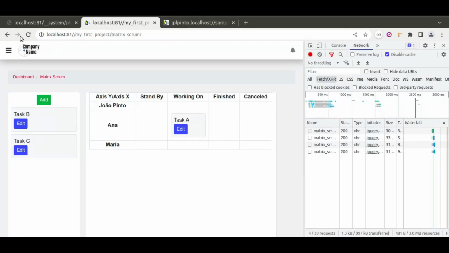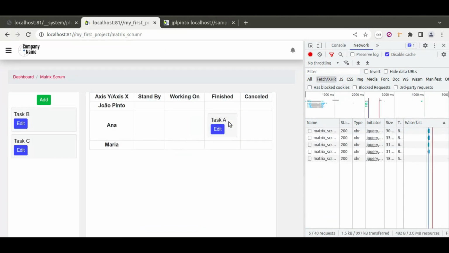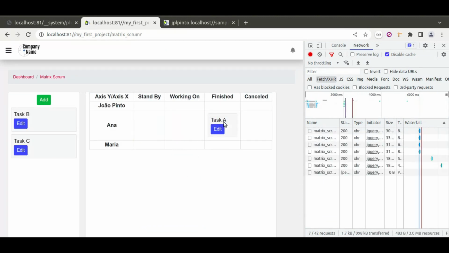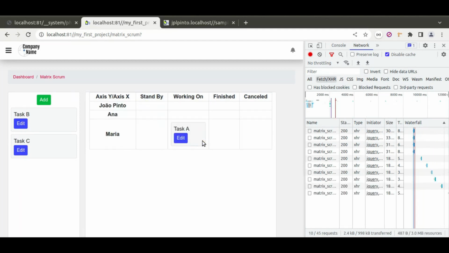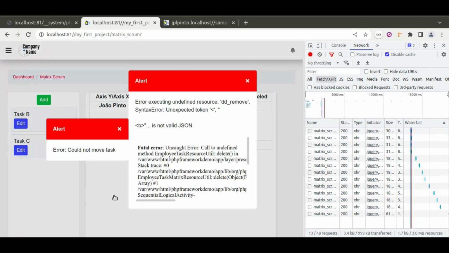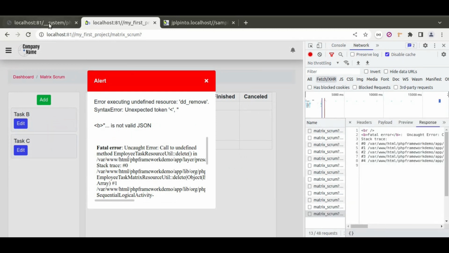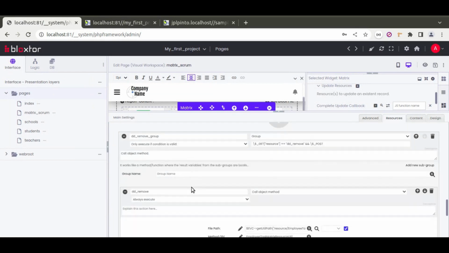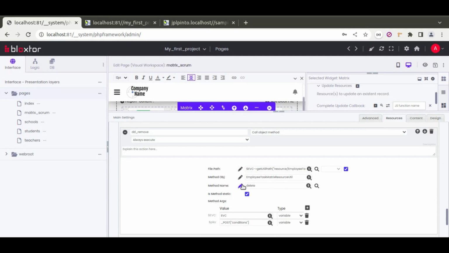So now if we refresh the page, now we can see that we can move inside of the same employee, or we can move to another employee. This is just an example. Okay, now if we want to move here, we cannot move. Let's see why. Okay, saying that we have an error in the DD remove methods. In this method here,